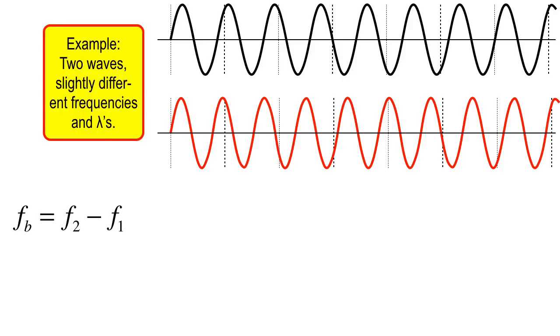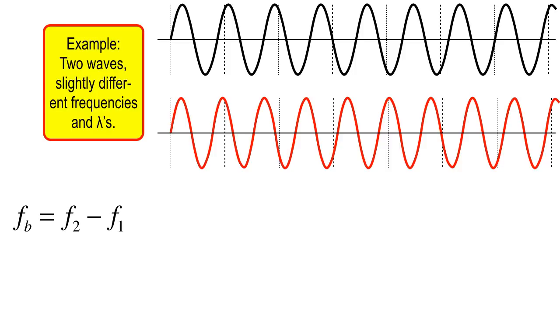So the wavelengths are close, and if you just look at them, they look about the same, but they're not. And if you were listening to sound waves of this frequency and sound waves of this frequency, and they both arrive at your ear, so if they're in the same room and they both mix together, you're going to get beats. So slightly different frequencies, slightly different wavelengths. Now the way to calculate the frequency of the beat,